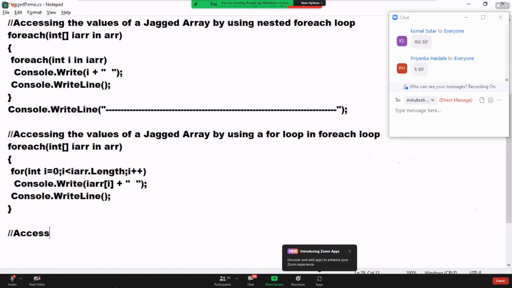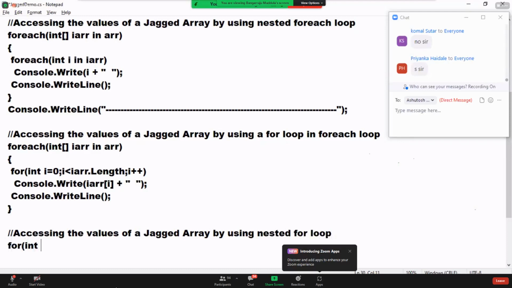See, accessing the values of a jagged array by using a nested for loop. How can you access? Watch. Remember yesterday I showed you how to write a nested for loop for printing the two-dimensional array values. Same way we are writing the nested for loop for printing the values of a jagged array. For int i is equals to 0, i less than arr.GetLength(0), i plus plus,